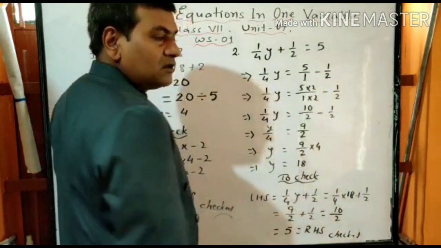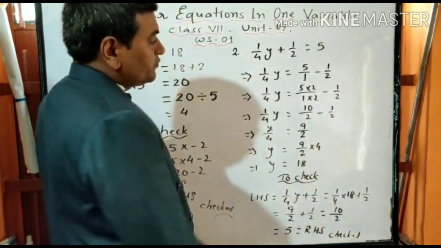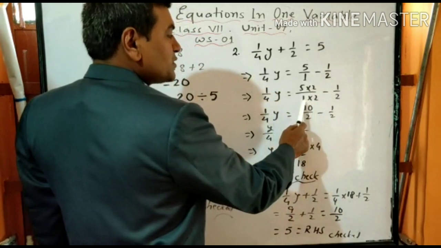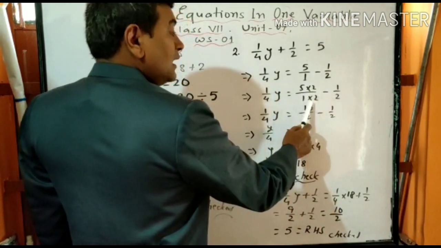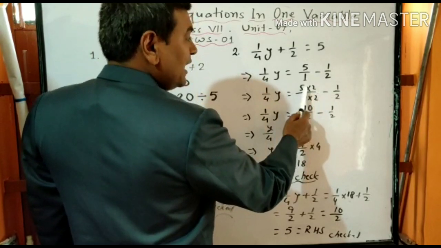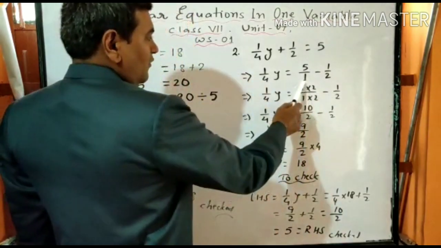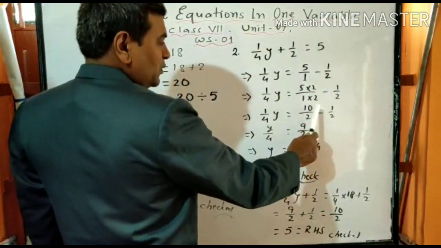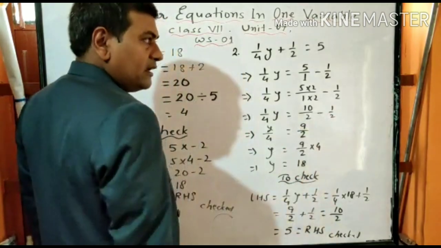Denominators should be equal when we add or subtract. So multiply the denominator by 2 so that it becomes 1 twos are 2. As you know, if the denominator is multiplied by 2, then you have to multiply the numerator by 2. Now 5 twos are 10, it is 10 by 2. And it is 1 by 2. 10 minus 1 is 9.